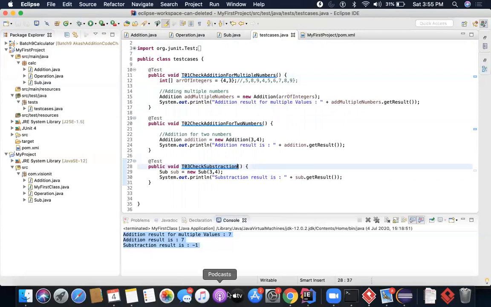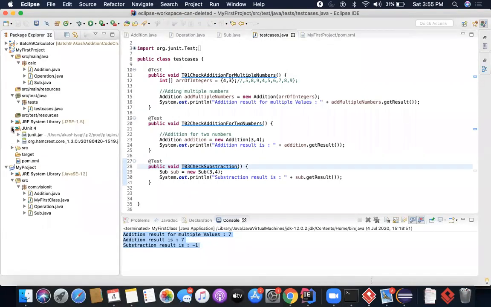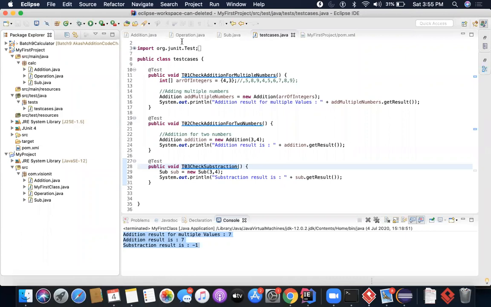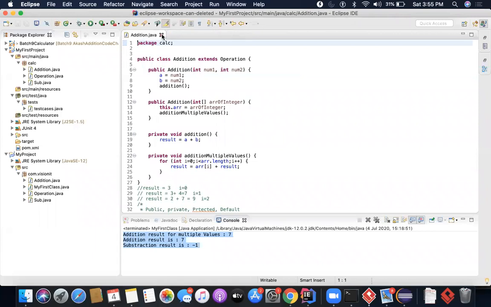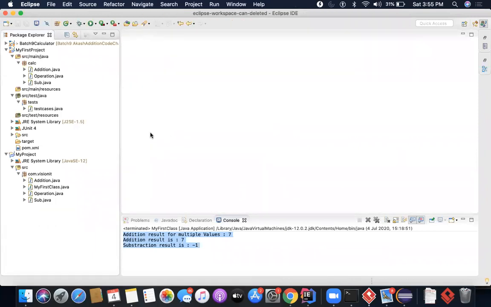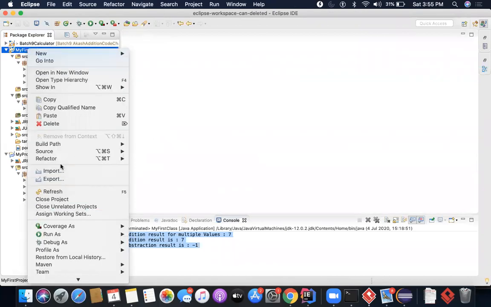Will you please repeat JUnit? Okay. Thank you for highlighting that. So JUnit is a framework. It's a test framework. I need to use it because I don't want to use public static void main. So just imagine that I don't want to use JUnit 4. Let me just remove it for now.